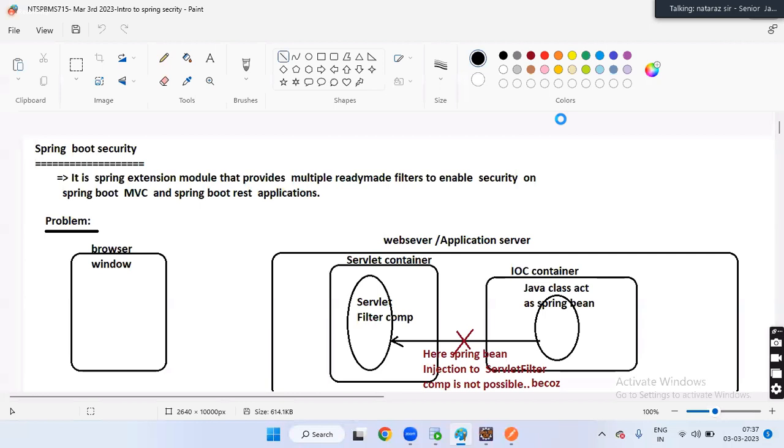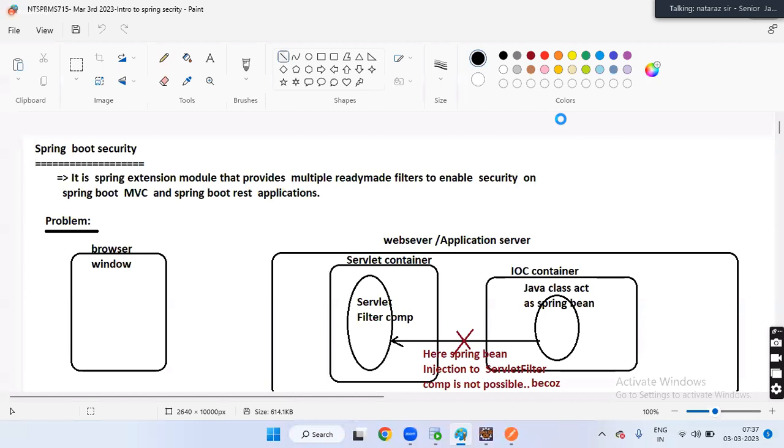Are servlet filters also like servlets, boss? They are also web components, right? I want to inject Spring Bean object to servlet component or servlet filter component. Possible or not possible? Not possible.